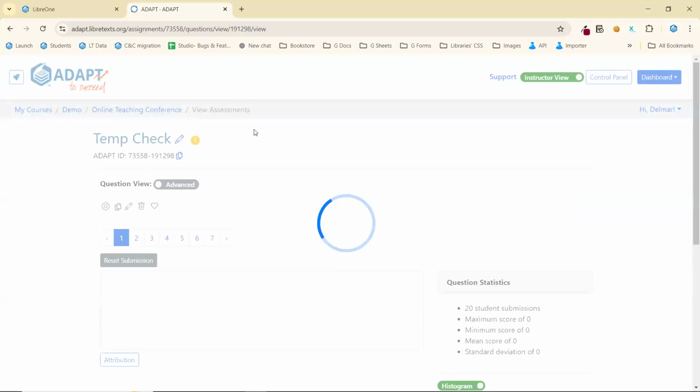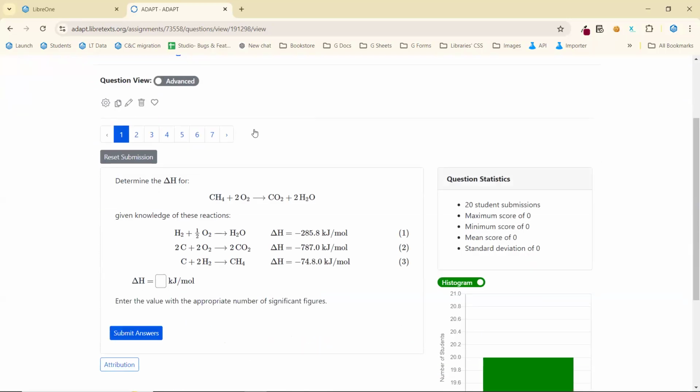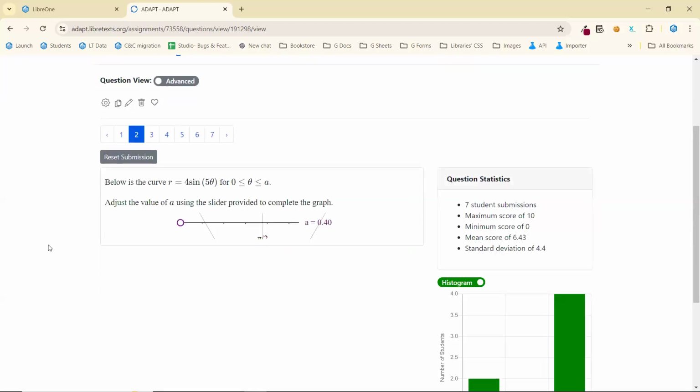I oftentimes just put these things up as a medley of different homework questions, although to be honest, I should have a lot more than just these here. So this right here is a standard Hess's law problem. For those chemists in the room, you're quite comfortable with that. For those that took chemistry and didn't want to remember chemistry, this is probably a little bit of pain for you, but it's a very simplified question.